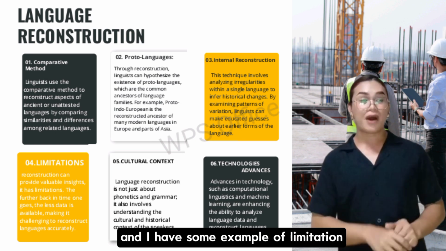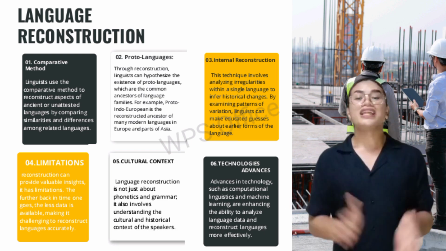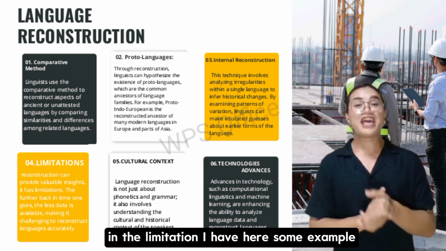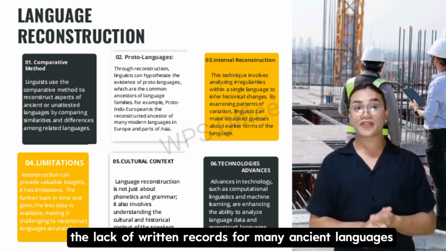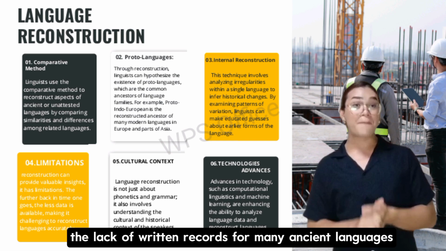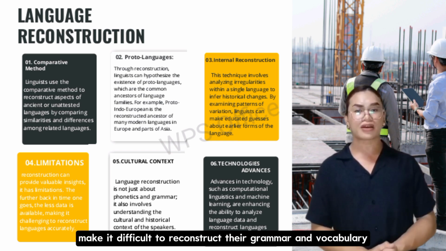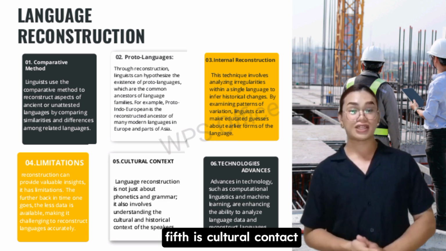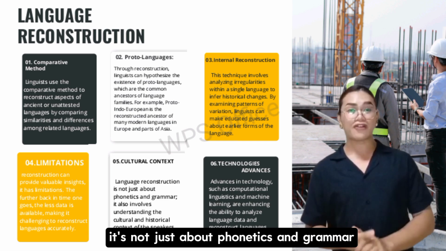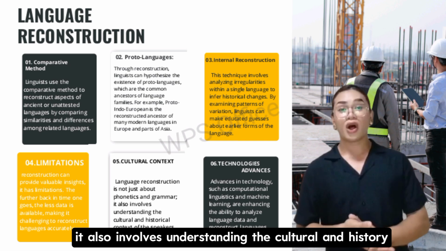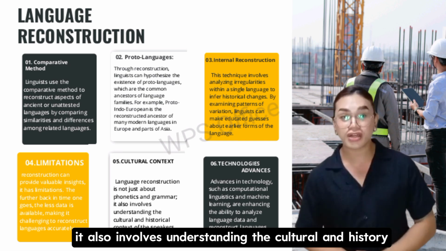And I have some examples of limitation. The lack of written records for many ancient languages makes it difficult to reconstruct their grammar and vocabulary. Fifth is cultural context. In language reconstruction, it's not just about phonetics and grammar. It also involves understanding the cultural and historical context of the